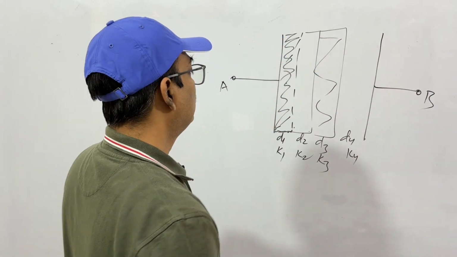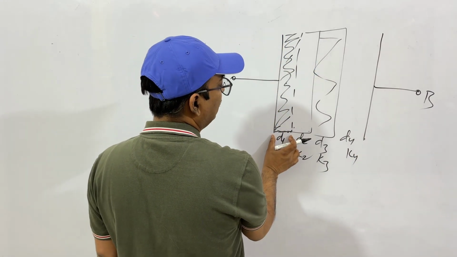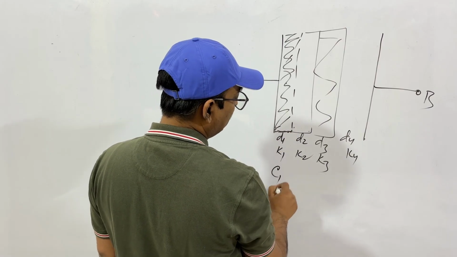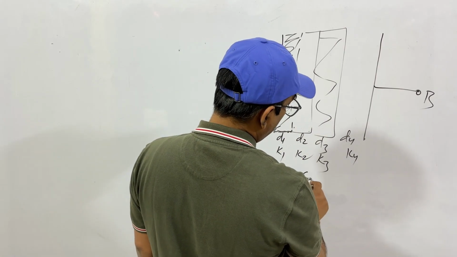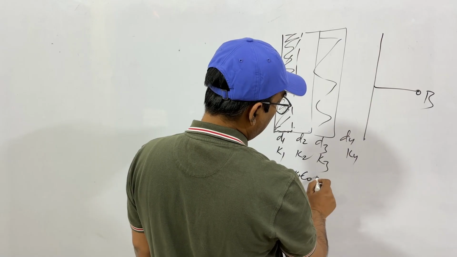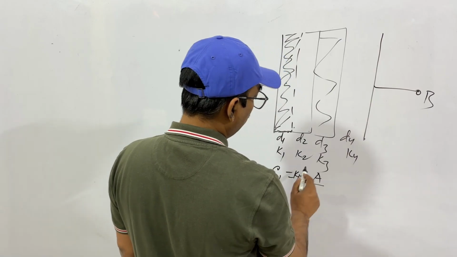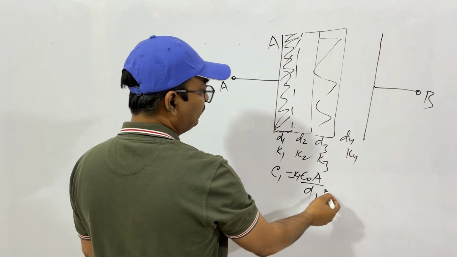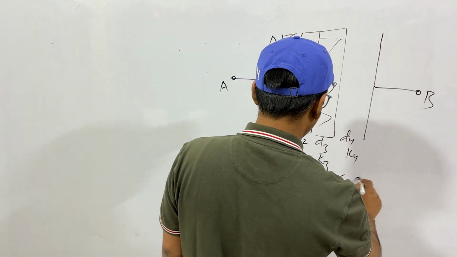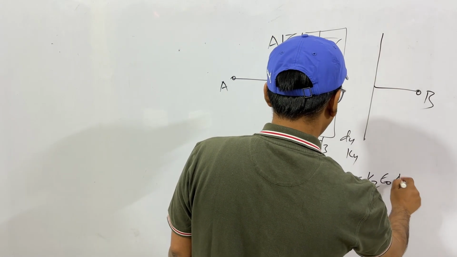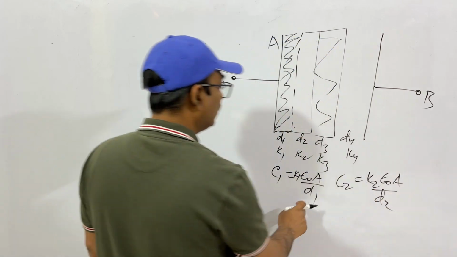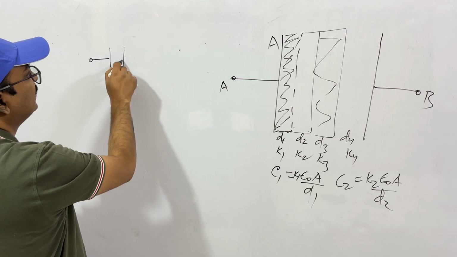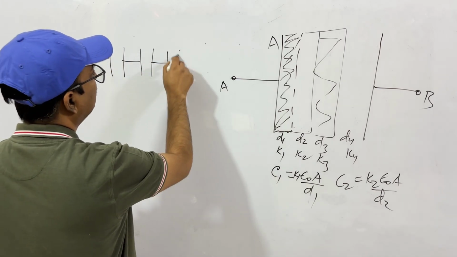Okay. Now you can see this can be taken as one dielectric, one capacitor. Let's say this is C1. What will this be? It will be epsilon 0 K1 A by D1, where D1 is the thickness of this and A is the area. Similarly, C2 will be K2 epsilon 0 A by D2. So this way we have C1, C2, C3 and we can visualize it like this. Capacitors connected in